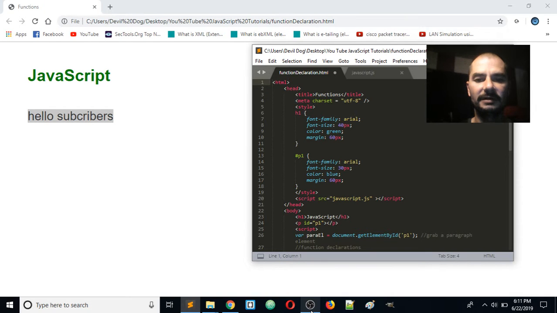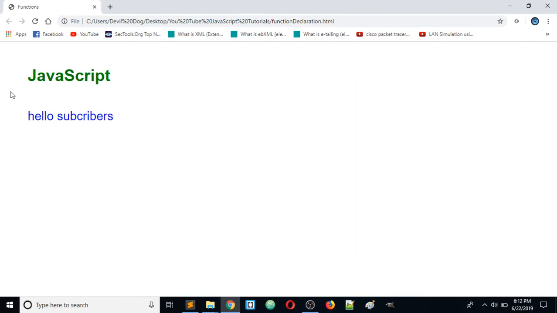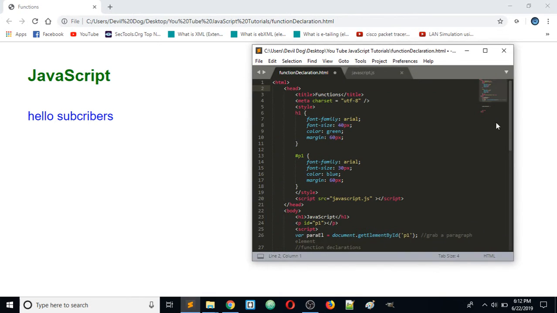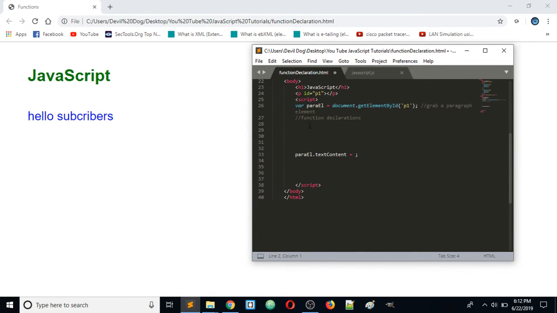Today I'll be covering JavaScript function declarations and how to invoke or call a function. So you see here I have my basic HTML page, titled Functions, with a little bit of CSS just over here on the side to have it print to the screen where you can see it. Then we'll scroll down here, and under this function declarations comment is where I'm going to build my first